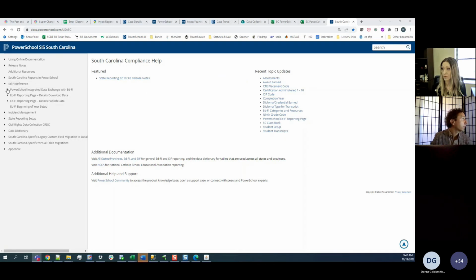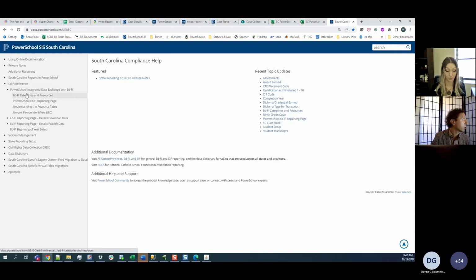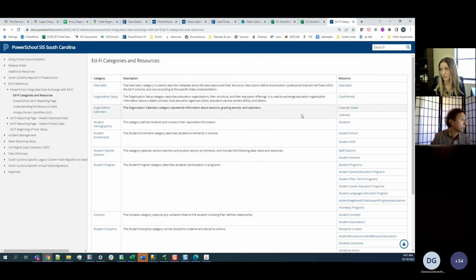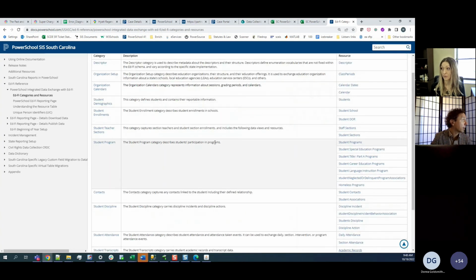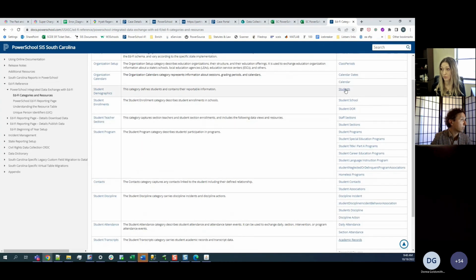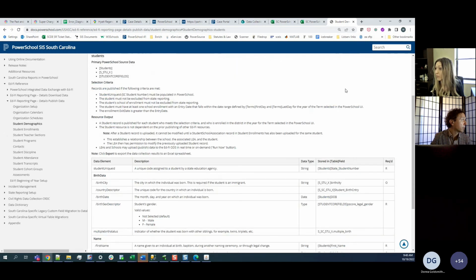And so here they created a whole section that describes the different categories and resources, right? I honestly haven't had a lot of time to spend looking through here yet, but I think it starts to get pretty comprehensive. And there's different submenus, right? That tells you which records are picked to publish.